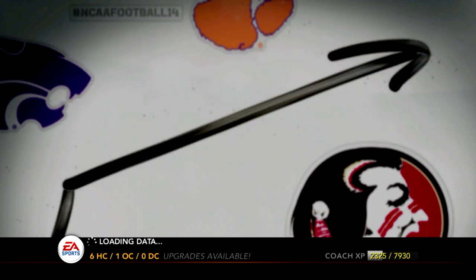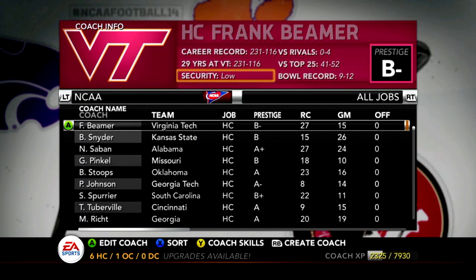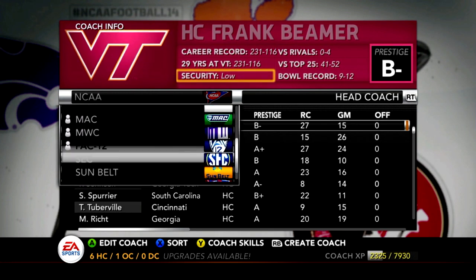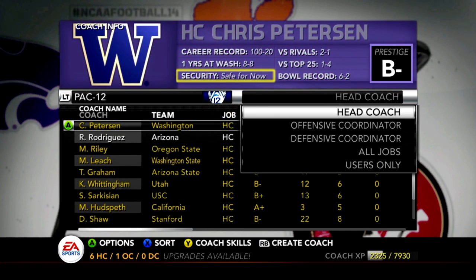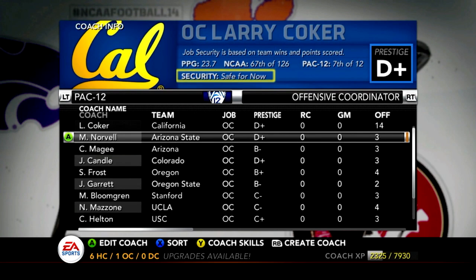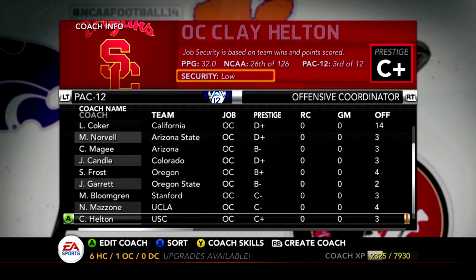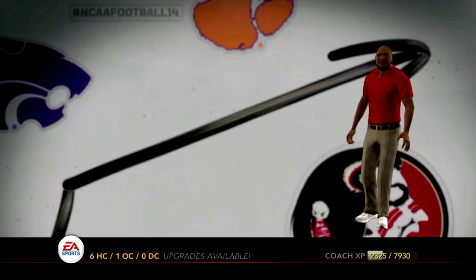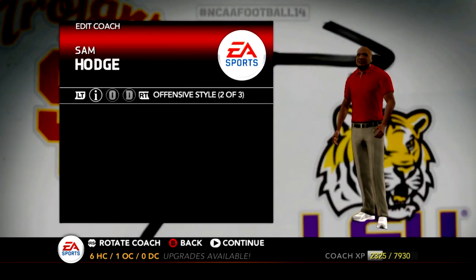Sometimes it does it where if I try to select the edit coach, it doesn't let me. It's probably because I've done it a little bit today. So we're going to go back in, show you guys real quick again. So now we're going to do the offensive coordinator. So I'm going to go to Clay Helton there. It's still not letting me. Let's go defensive coordinator. We're going to switch it up a little bit. Usually that'll kick it into gear. So Sam Hodge,